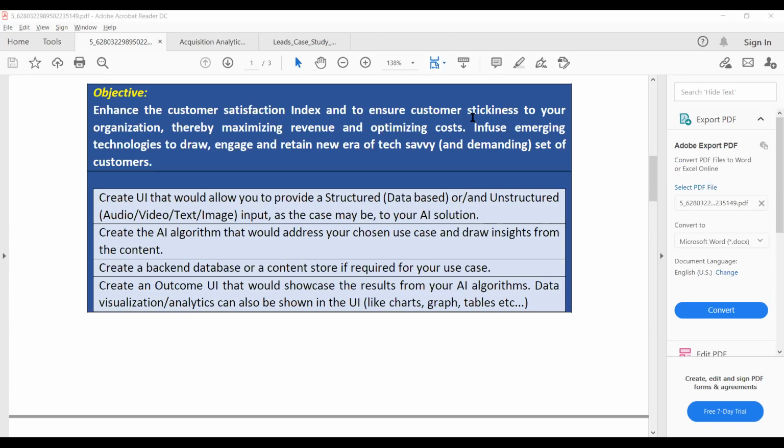So maybe the AI ML part I am going to cover, but at least you should come up with these anyway. Don't worry, I am also going to cover this UI part, where I will tell you what exactly you need to use. Maybe in the afternoon session I'm going to cover that, but you have to know about this.